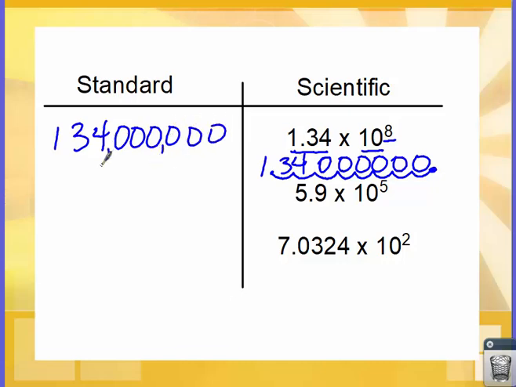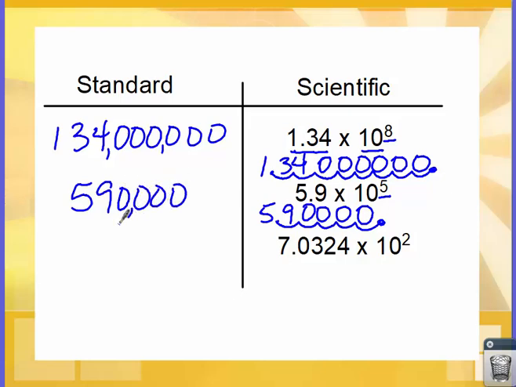Throw in your commas, and now you have a good number, 134 million. We'll do the same thing with the 5.9 times 10 to the 5th. We'll write 5.9. Okay, this 5 tells me I'm going to move my decimal 5 places. 1, 2, 3, 4, 5, which means in this case I'm going to add 4 zeros. So we end up with